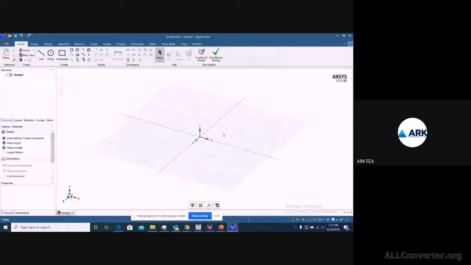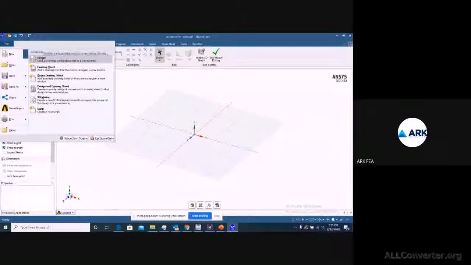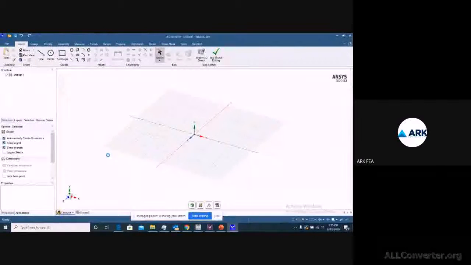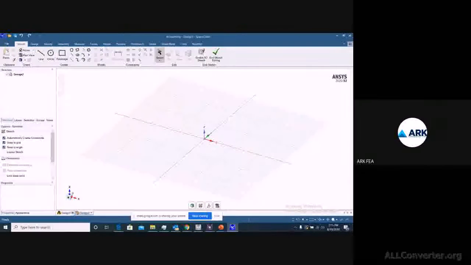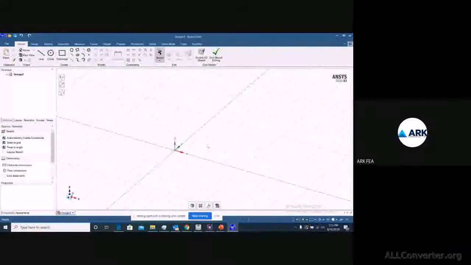Now whatever changes you want to do, from now on you will be getting XY as a sketching plane, but the initial one you need to just close it off, and you have XY as a sketching plane.